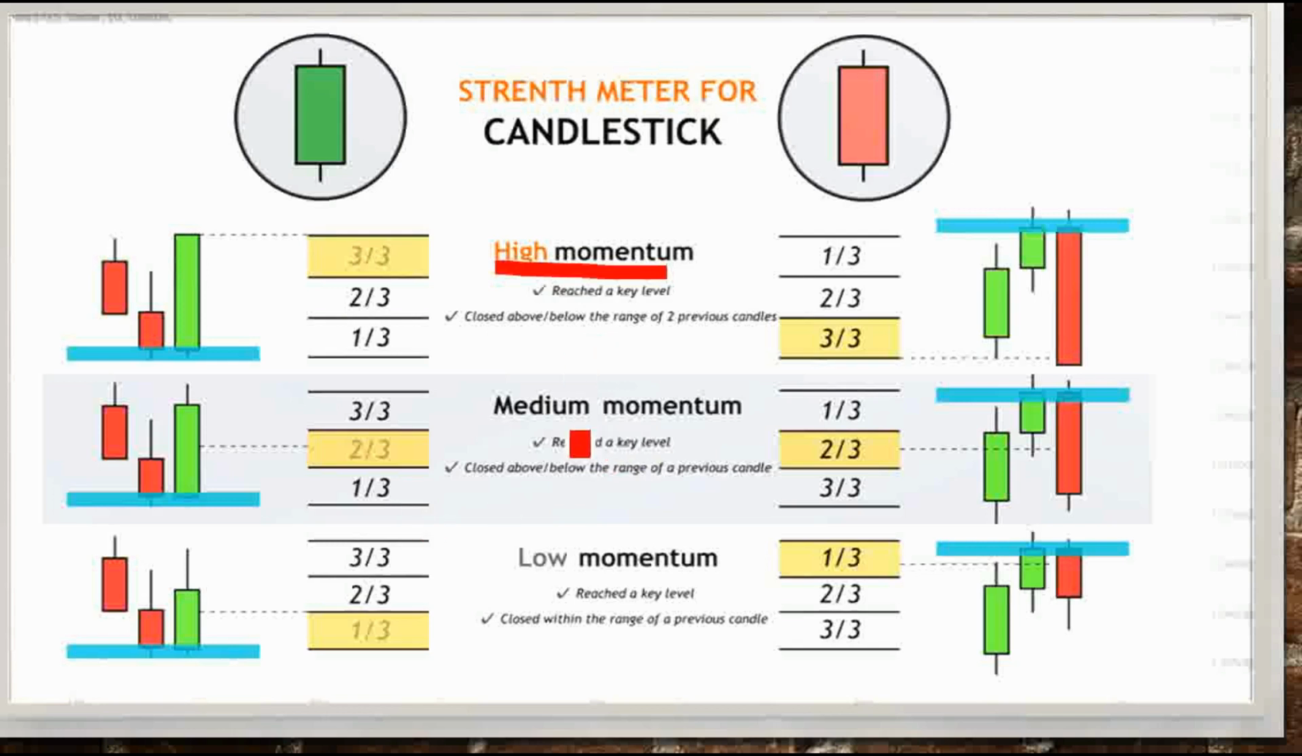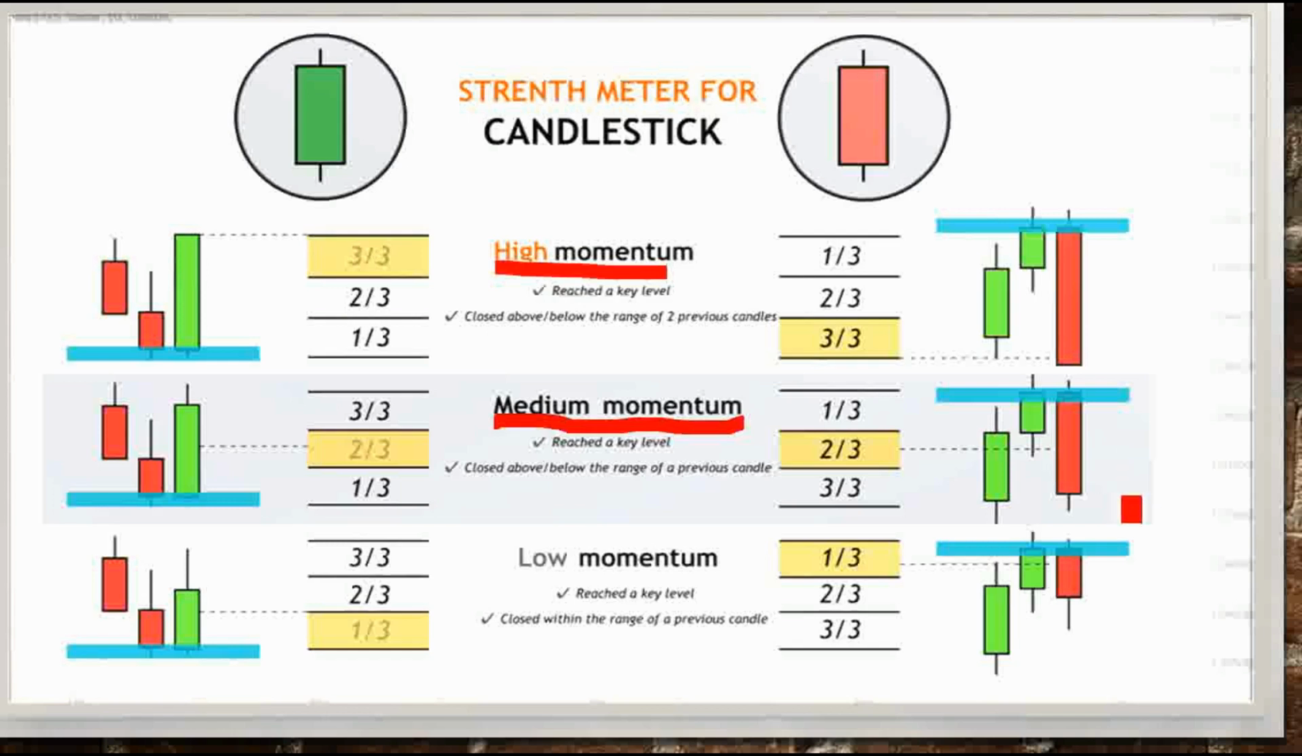And now comes medium momentum. Right now we're starting to market. As you can see, the criteria: has it reached a key level? Yes, it has. You know the key levels by now, and their numbers, right? It has reached a key level, and you can see that it also closed above or below the range of a previous candle. You can see it closed above the range of the previous candle, and here it closed below the range of the previous candle, right? So with this one you can still enter, but just have your stop loss intact,